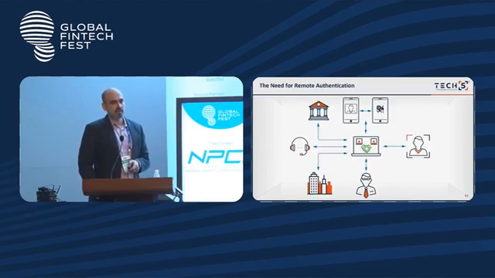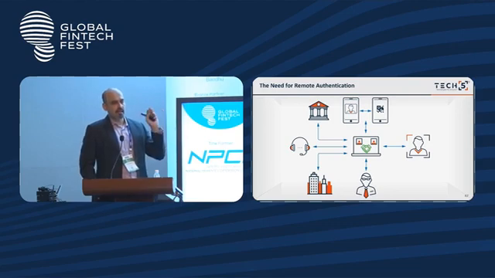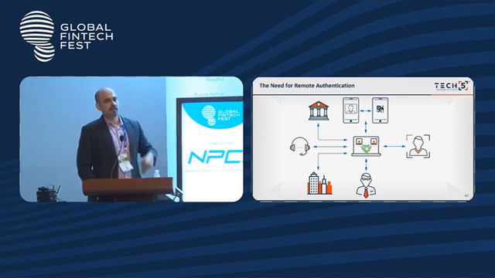And that's where the remote authentication piece comes into the picture, where imagine that you are accessing your net banking account. Today you use your user ID and password, potentially an OTP if the bank is allowing an OTP to be sent to your mobile phone. But imagine that you could actually see the digital ID on your screen, and then the control gets passed to your mobile phone where you're asked to open an app, scan that identity, and then authenticate yourself in a self-service environment, and then a token gets passed back where the transaction gets completed, or the transaction from the net banking directly goes to your app and you are doing a self-scanning and a self-uploading of the digital identity and scanning.